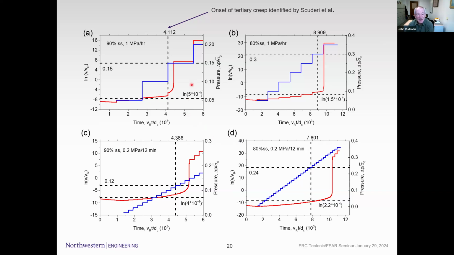This shows the calculations. The red is the log of the velocity over the reference velocity. The blue is the pore pressure increase. The number at the top is where the onset of tertiary creep is identified in the experiment. And the horizontal line here shows the pore pressure at that level. The lower line shows the velocity that they identify in the creeping segment. And the simulation actually has no bulk creep in it, but the value of the slip is not too different from that. So you see again that after this identification of tertiary creep, you do get a rapid upswing in